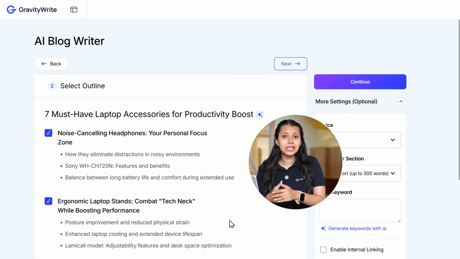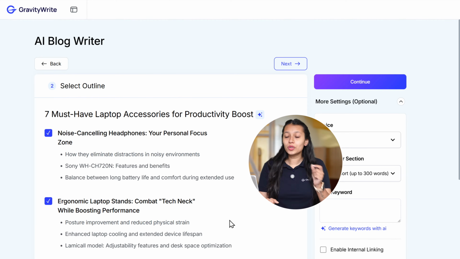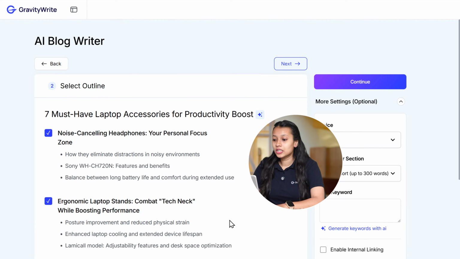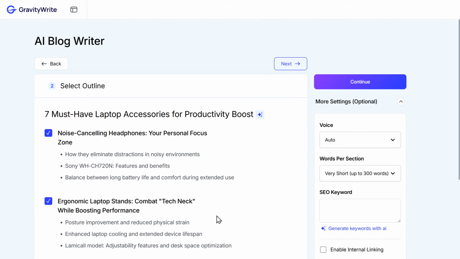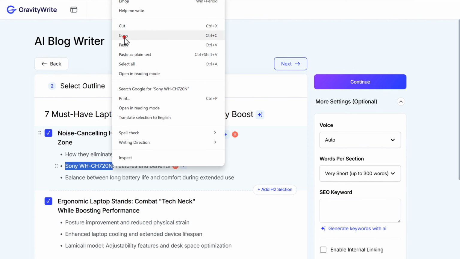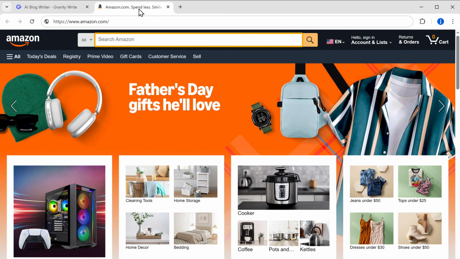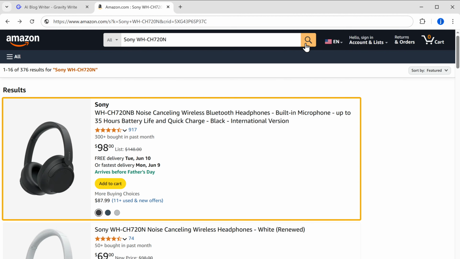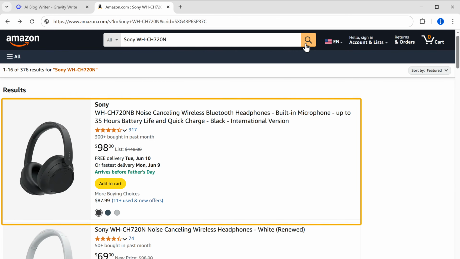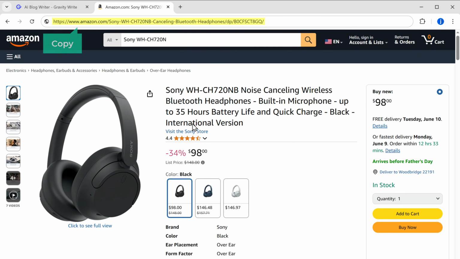Now, instead of entering the product details manually, you can fetch the details from Amazon itself. So to do that, just copy the product name from here. Go to Amazon and paste it in the search bar. The product results will appear. Click on the product and copy the link.